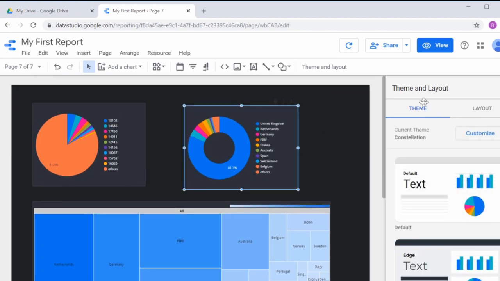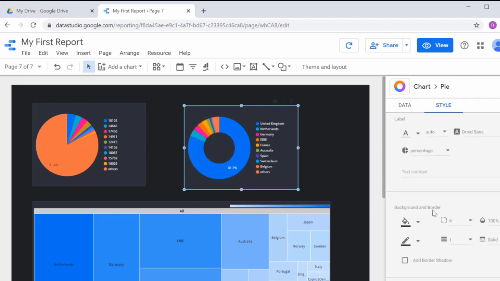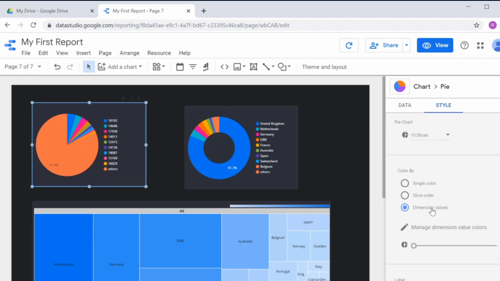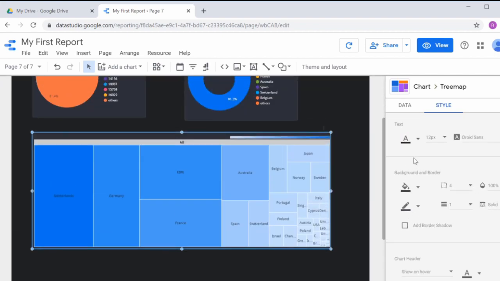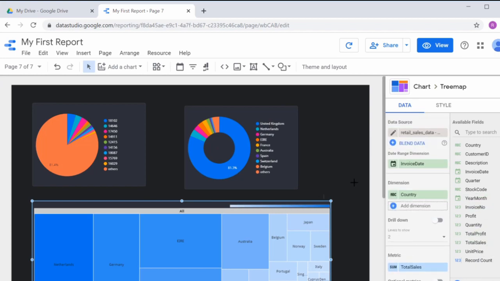If you want to start messing with them, wait for this to load. It's a bit sticky. There we go. You can go to styling and change the number of slices you want. You can change whether it's slice order, single color, those different metrics. You can change labels, backgrounds. You can do the same with pie charts, almost exactly the same styling options. Similarly, tree maps have a bit of variation here. You can change different colors, mid values for the gradients. So this is all quite useful to illustrate proportionality with respect to different categories of data. I hope you enjoyed this lesson, and stay tuned, we're going to go on to some geographic